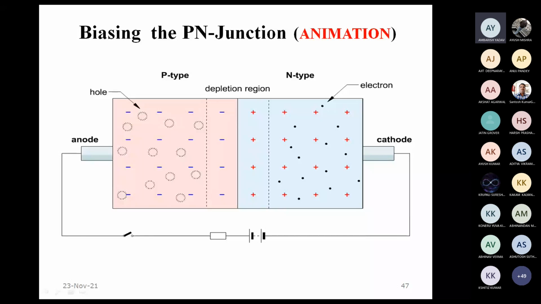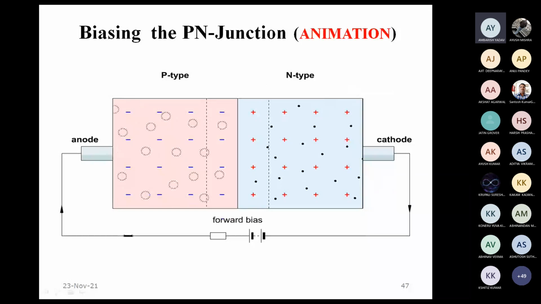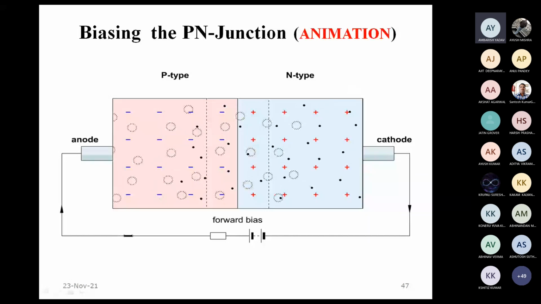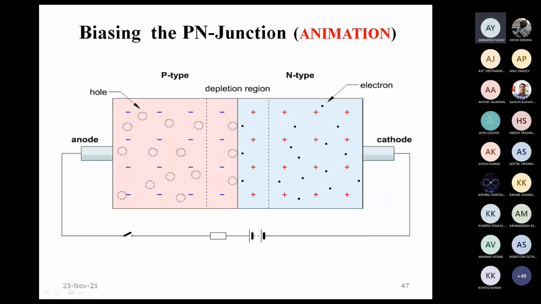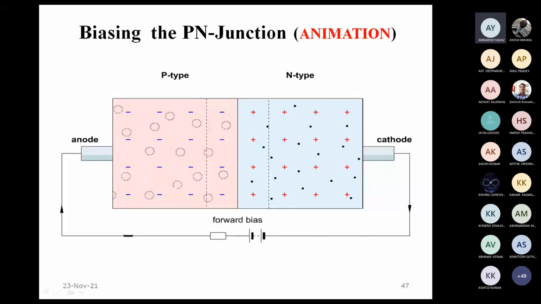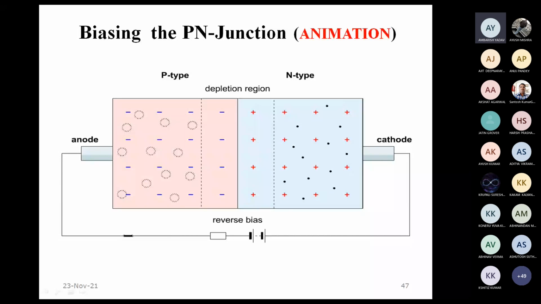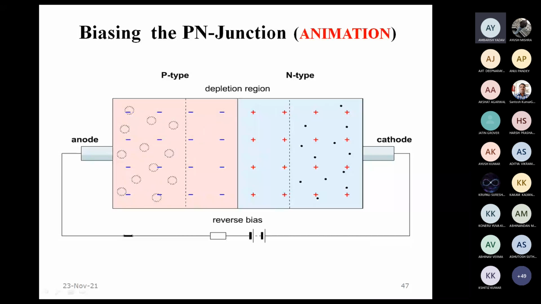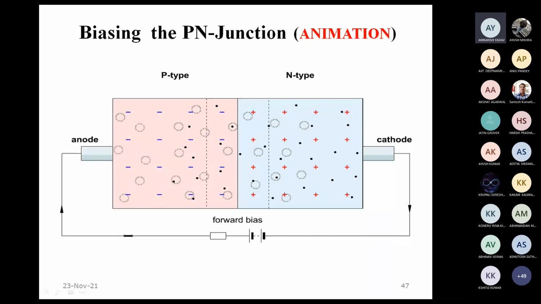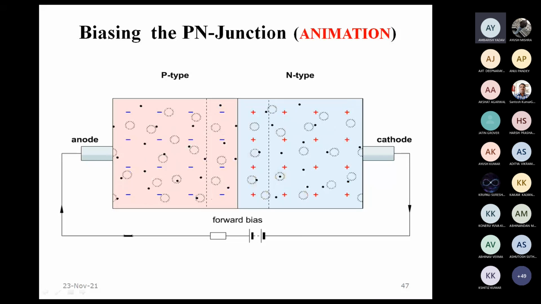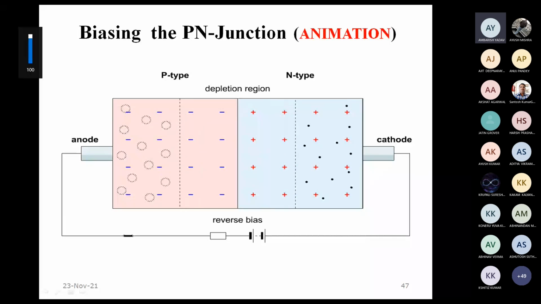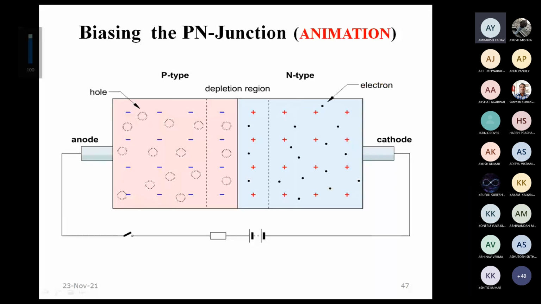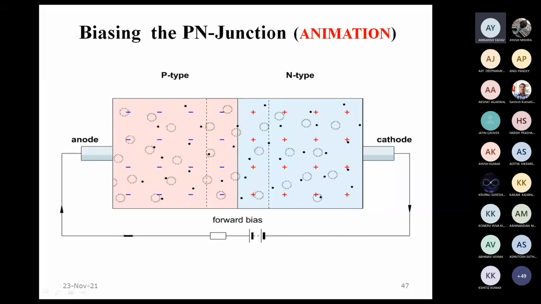So, in the last few lectures, we have been discussing the PN junction. In the last lecture, we first tried to understand qualitatively what happens when we put P and N type materials together, and then later we looked at it quantitatively, as well as at the energy band diagram of the PN junction.